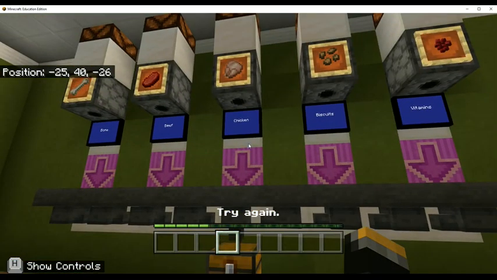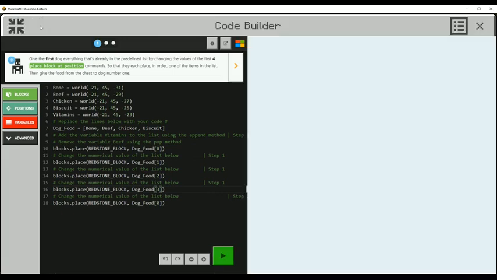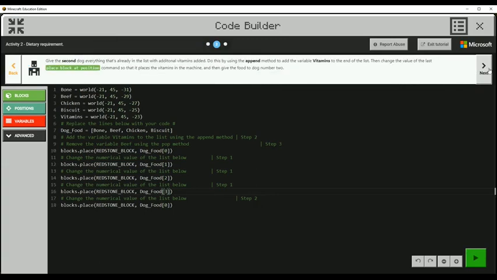So now let's hit C to go back to Code Builder. I'm going to expand this so it's full screen, and I'm going to hit next. I think that was one of the other things that I had trouble with, I think I didn't actually do the next button in the tutorial. Okay, so let's give the second dog everything that's already in the list with the additional vitamins added. Do this by using the append method to